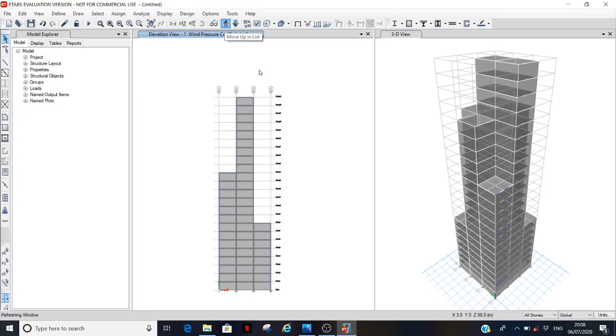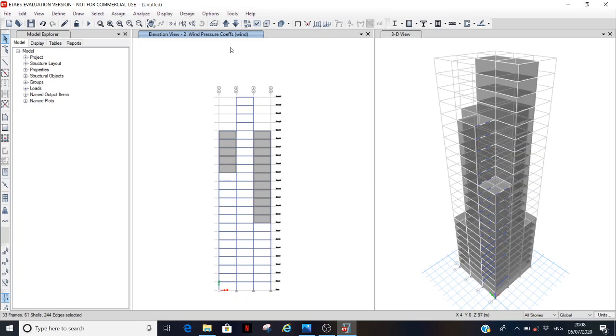So I'm selecting the elevation views directly from here using the up and down arrows. Select all the shells of elevation view 2. Now going into elevation view 3, select all the shells. Go to elevation 4 by clicking on the upper arrow. Select all the shells.